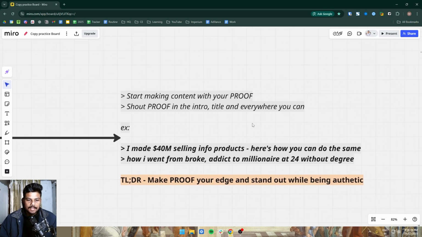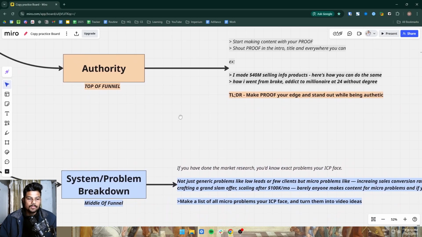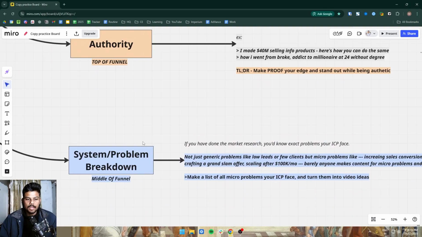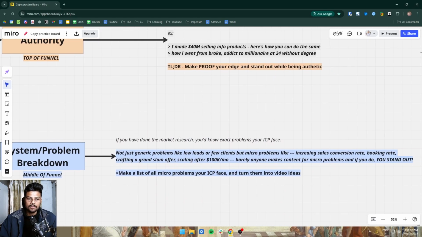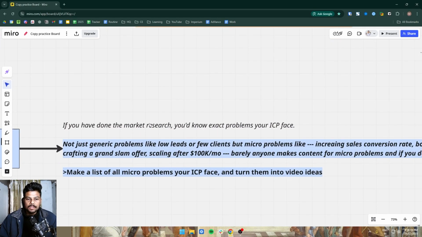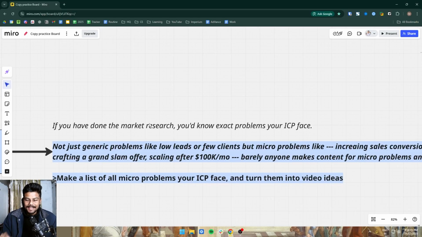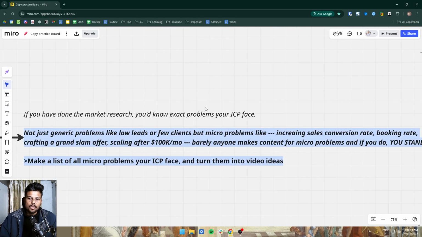Once you have this thing dialed in, once you start shouting your proof, we can move on to the second type of content, which is system and problem breakdown, which is middle of funnel content. So if you have done the market research, you would know the exact pain problems of the customers, right? Not just generic problems like low leads or few clients, but you would know the micro problems that your customers face, right? Like increasing sales conversion rate, or increasing booking rate, or crafting a grand slam offer, or just scaling